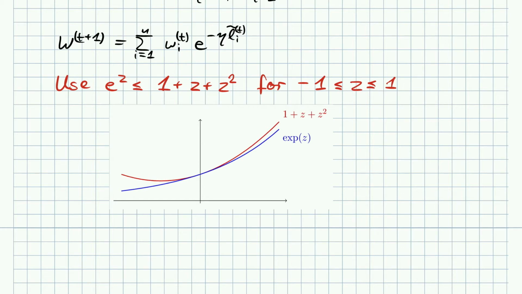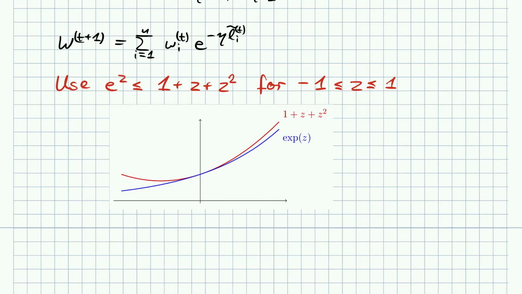This is of course not true much beyond this point here, where we are at 1. So there we have a 3 here and 2.7, namely e here. And then of course the blue line will get much steeper than the red line, so there will be an intersection between the two, not far to the right, but between -1 and +1, this looks like this. So if we plug this in up here, then we'll see, okay, this is at most